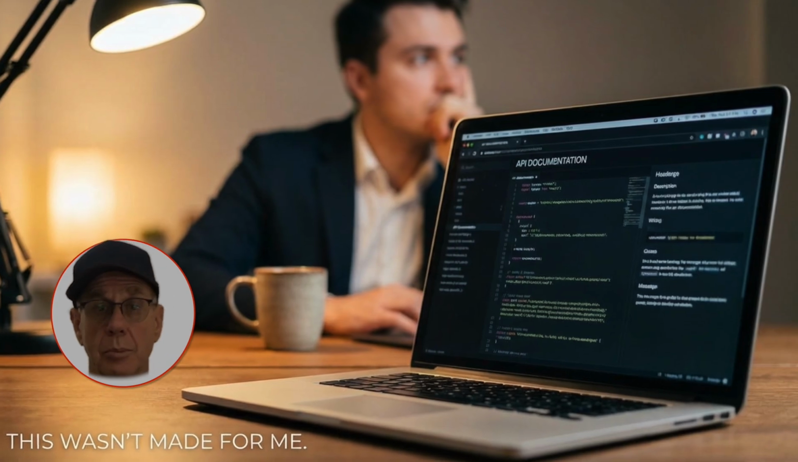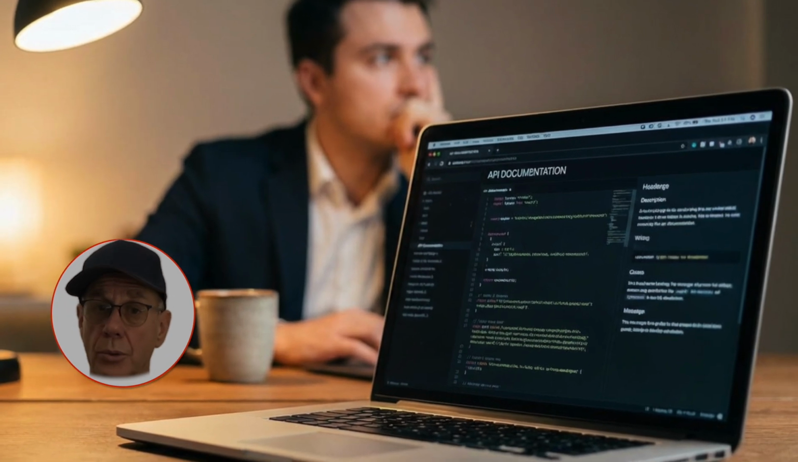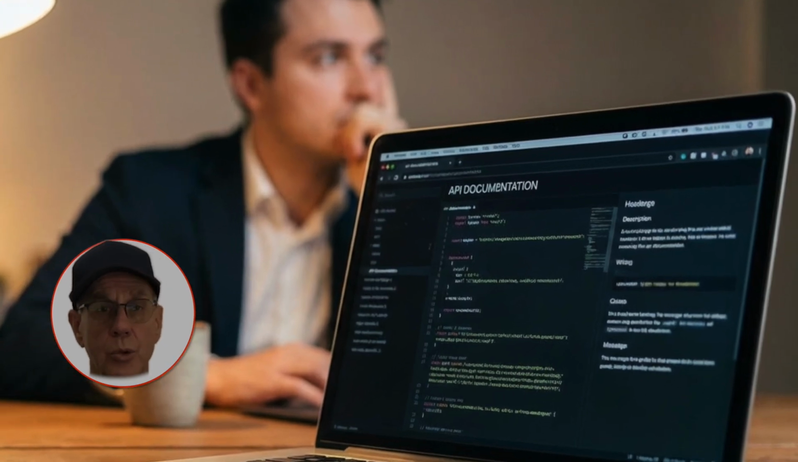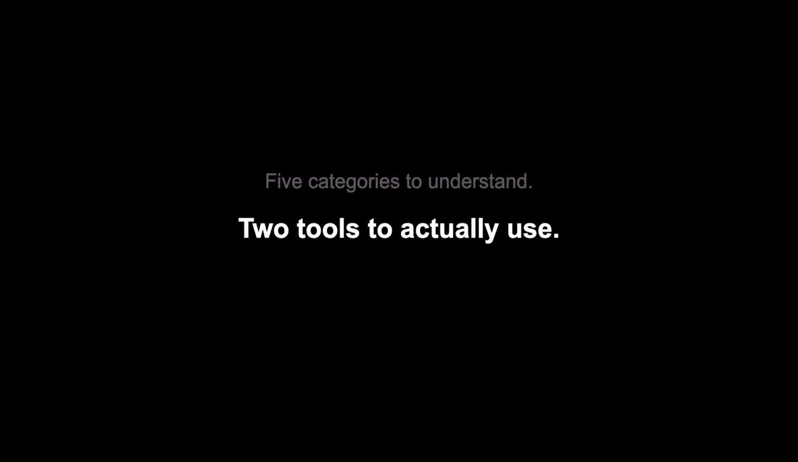Most advice about AI models is written for developers or coders, not for fully experienced professionals with 20 years into their career who just want to know what's worth paying for. Not to build apps, just to do their actual work better. If that's you, a consultant, a director, a senior professional, stay with me,